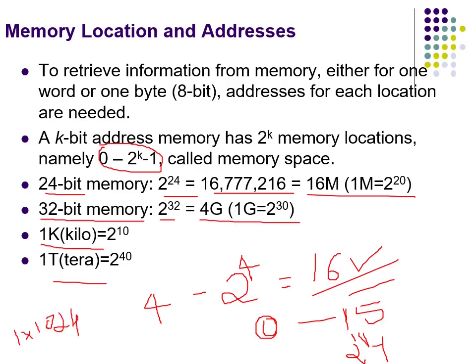What if the address size is this? Then how many bytes of address can be located? For example, 4-bit addressing. What is the size of the memory? 16 bytes. Okay, or they might ask you, to have 16 megabytes of memory, what must be the addressing scheme, or how many bits should be there in the address? That time you should be able to convert back. The relation: k bits, 2 to the power of k bytes. That's very important. And starting address and end address: starting address is always 0, addresses are always continuous, end address is 2 to the power k minus 1. Number of bytes 2 to the power of k.